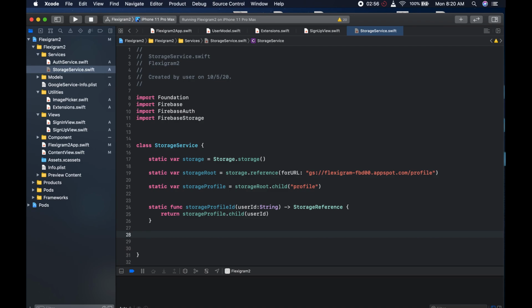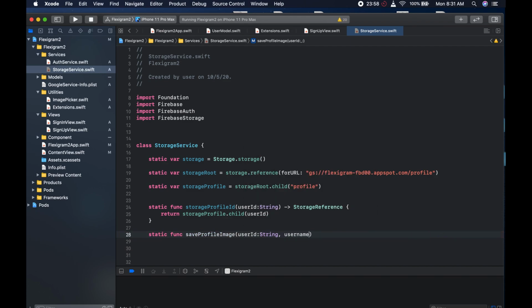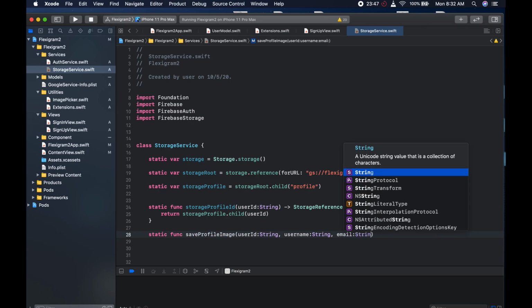Okay, now we'll create the save profile image method that will save our profile image. And for that we could come here and we could create static func. By now you should know why that is. I've mentioned it. Save profile image, and this is going to take a user ID, which is going to be a string like so, a user name, which is going to be a string like so, an email which is going to be a string,